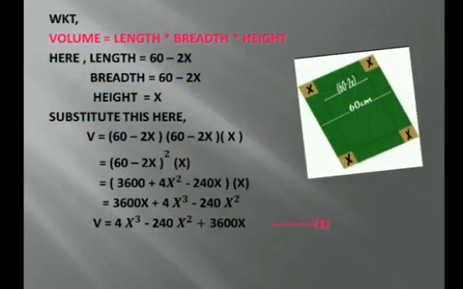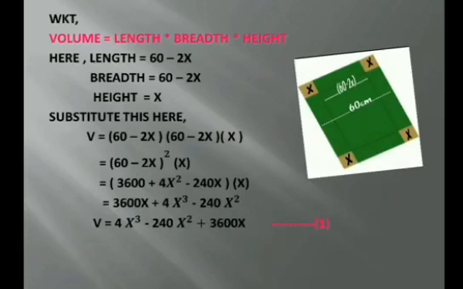So we know that we form a cuboid box. So we use the formula, volume is equal to length into breadth into height. Now we see the picture on the right hand side. The four corners of the square paper are cut, and the cut area is denoted by x. Then the whole length and breadth of this square paper is 60 centimeter.